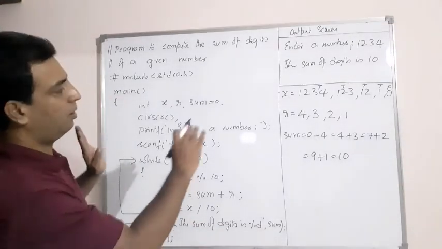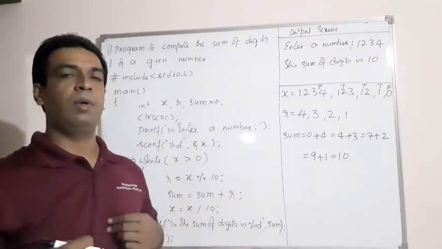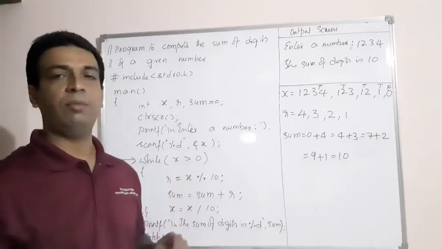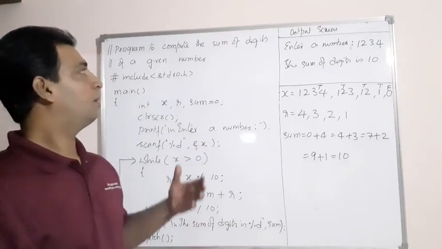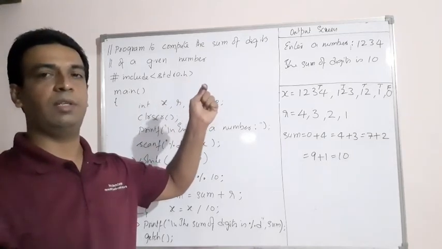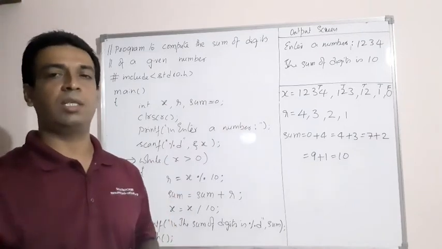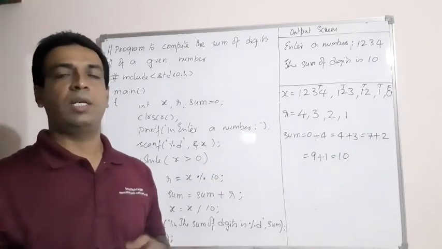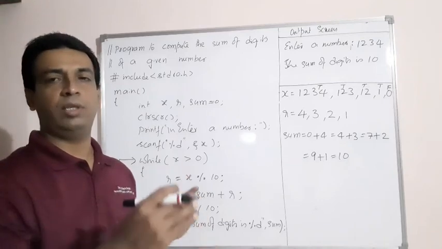Right, and there is one way of understanding the logic of a given program once you know the syntax and semantics and key features of a given programming language. Now, I have tried to explain with this simple program of finding the sum of the given digits of a given number with this method. Hope this will help you to understand the logic of a given program, and this method could be used to understand any given program's logic and its execution flow.